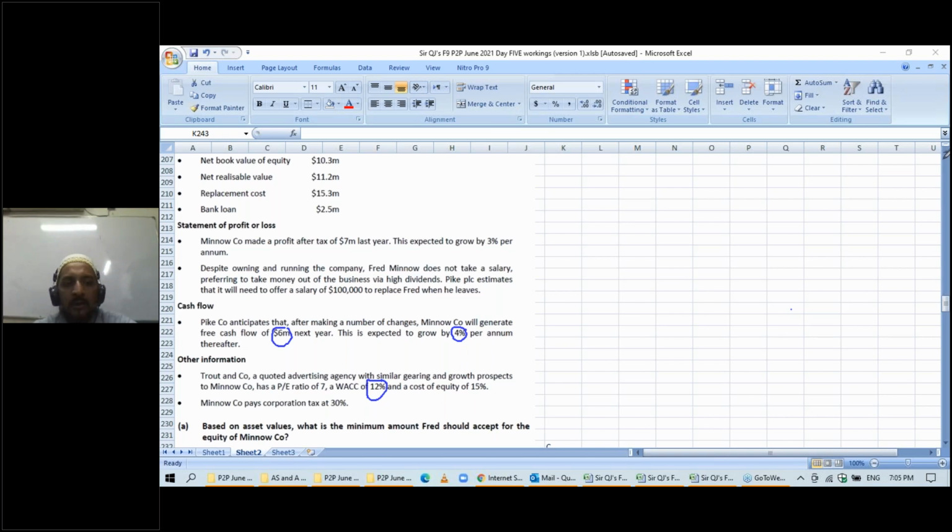Now this is going to be an annuity cash flow from next year, and per annum this will increase by 4%. So in this case, you can use the dividend growth model. The company will earn 6 million, which will grow by 4%. So D1 divided by (r minus g), but this is a perpetuity. Perpetuity means an indefinite time period. Dividends are also for an indefinite time period. So if they ask you for this method, the formula is,